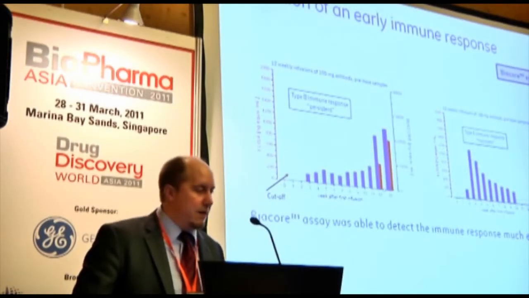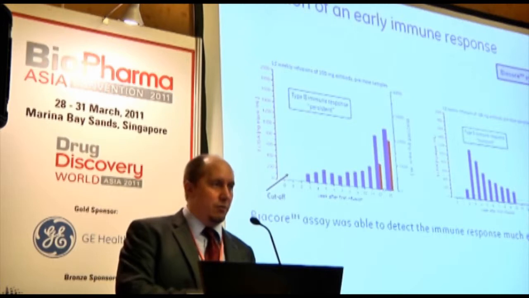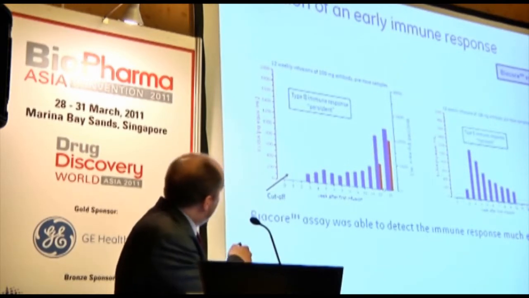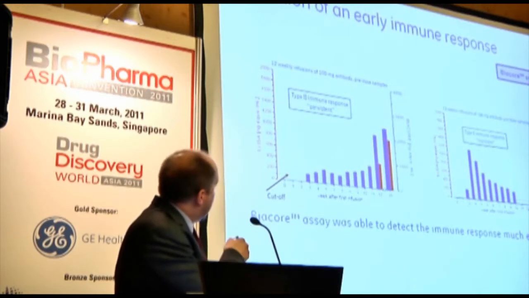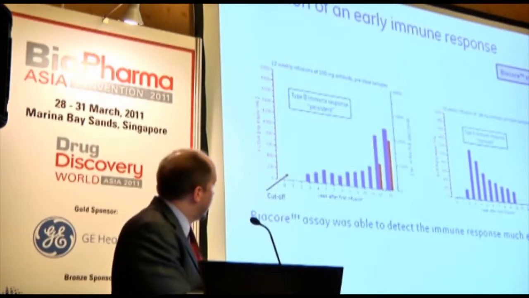So what we're looking at here is immobilizing the drug of interest, in this case a monoclonal antibody, onto the chip surface, then injecting serum samples from patients to look for serum antibodies in those patients. To the left here, the red scale is for the ELISA, the blue one is for the BioAccord. So the blue bars are following the immune response progression in those patients, and the red ones are for the ELISA. And what was quite